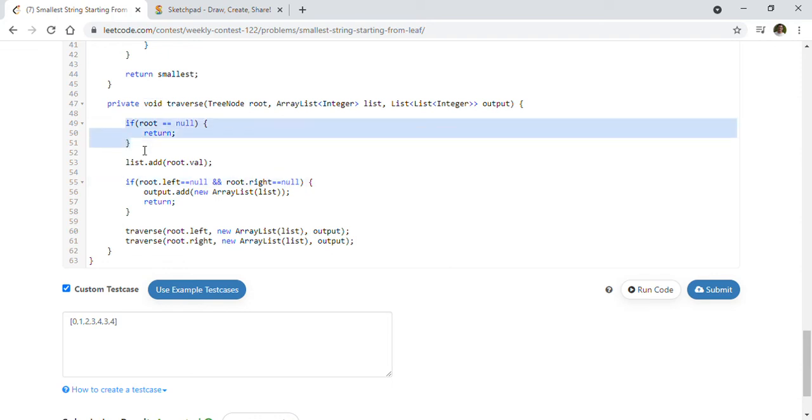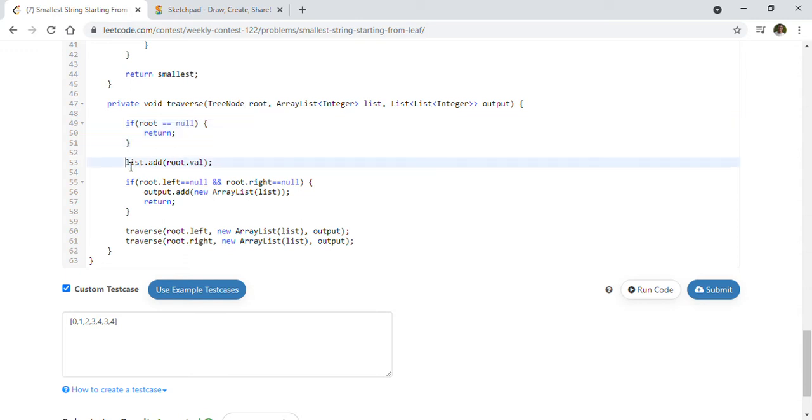This is the base case. In case the root is null, we just return. Otherwise we add that root's value into the list. And if we encounter a leaf node, then we put the list that we have captured through our traversal into the output using a new array list, so we can capture that output in the main method.